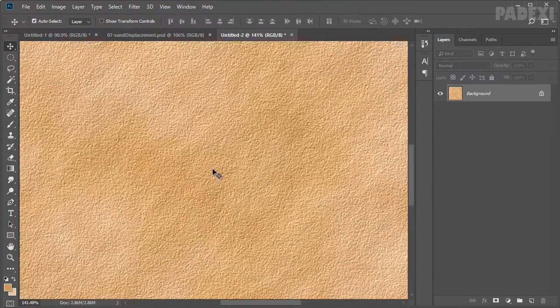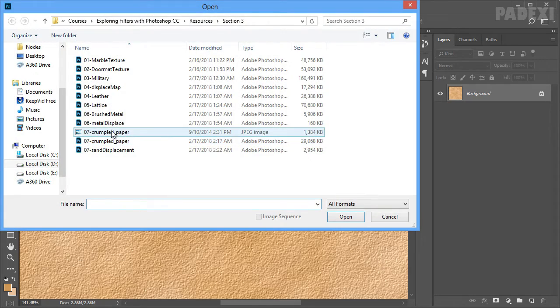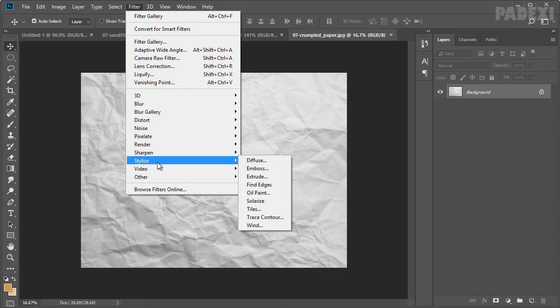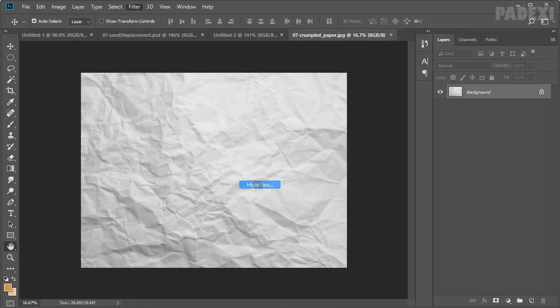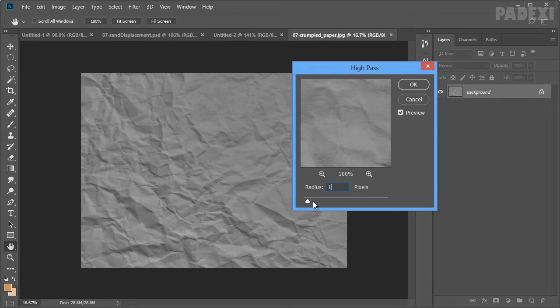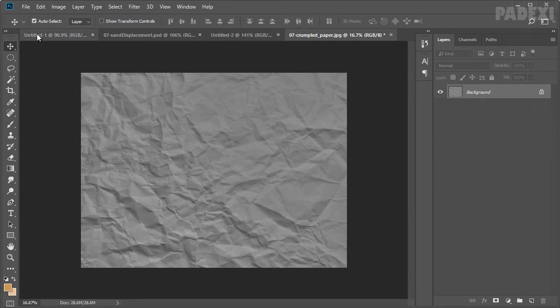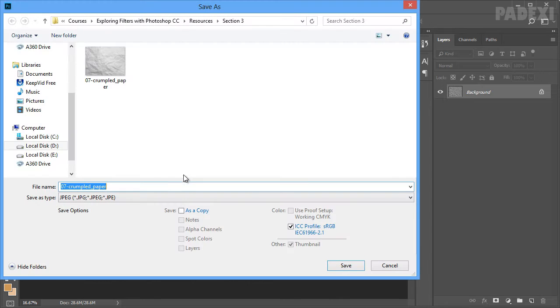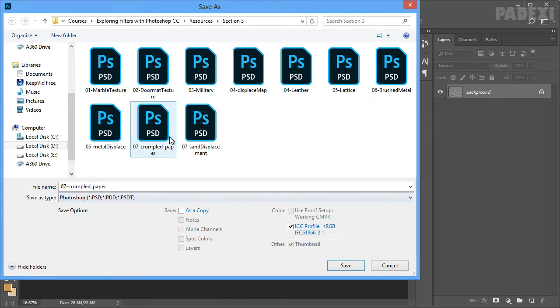Now we have some basic sand texture here, but now we need to add some variation to this texture. For that we have another image. So go ahead and open crumpled paper.jpg and then apply high pass filter to it. So go to Other, High Pass, and set value to 170 and click OK. Now we need to save it as PSD in order to use it as a displacement map. So go ahead and save it as PSD file,